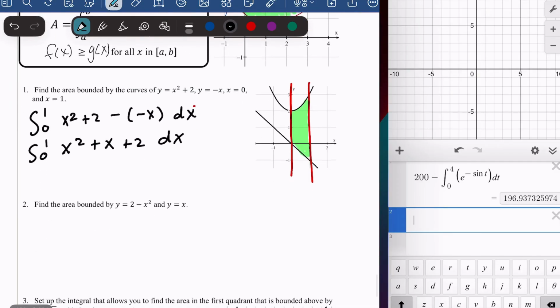If it's something easy like this to integrate, since this is just a bunch of power rules, we're going to go ahead and show the integration step before we plug it into Desmos to get our answer. So for example, this would be